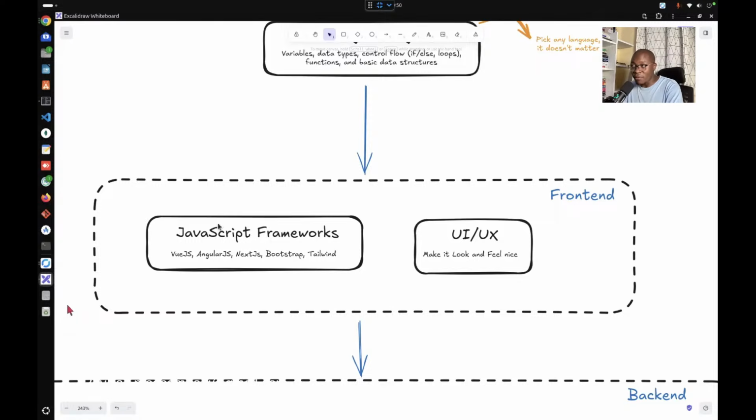So this is where we are now. On our Wednesday class, we'll be looking at JavaScript frameworks, and we'll pick any framework, okay? Personally, I've used Next.js quite a lot, and Bootstrap a little bit a long time ago, but we'll pick any framework here and try to learn it. And as you learn a JavaScript framework, you also learn UI UX,